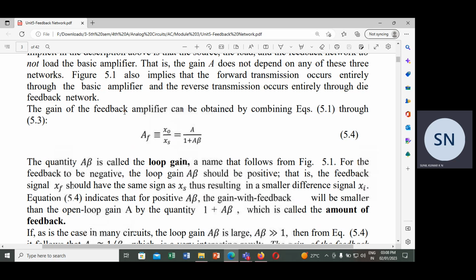What is X0? A times of Xi. So AF, the negative feedback gain, AF will be equal to what? 1 over